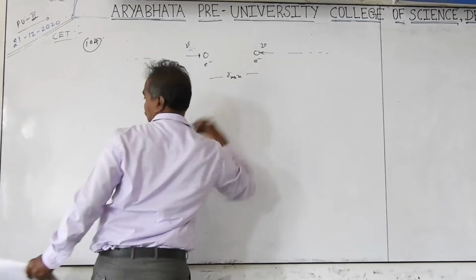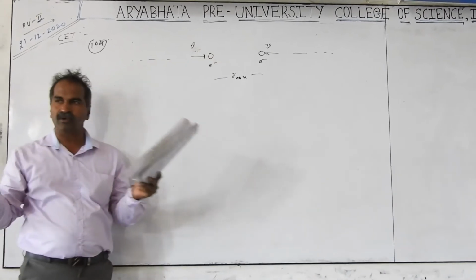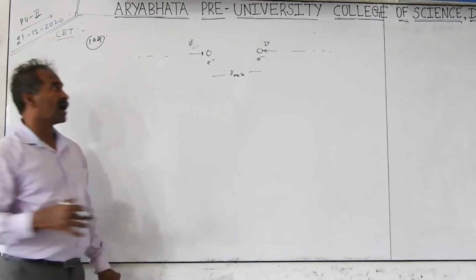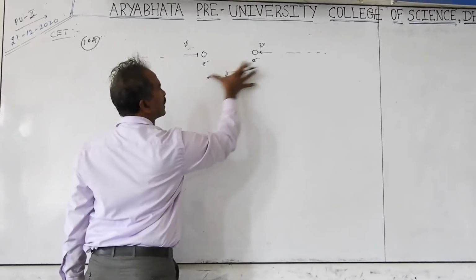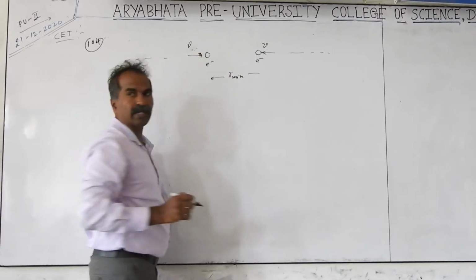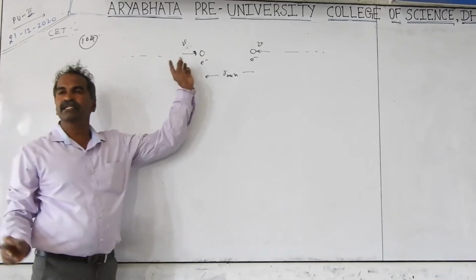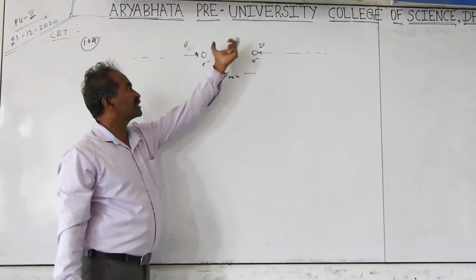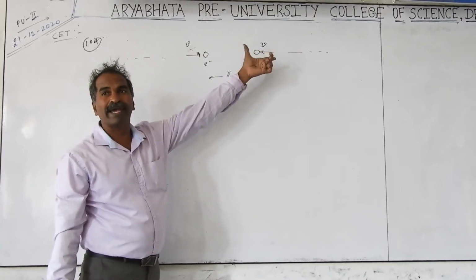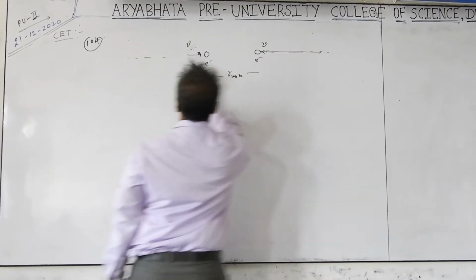They are coming with large kinetic energy, with high speed both, but they come closest, and repulsion will be there. After that they stop and then go backward. When they stop at this distance equal to R minimum, afterwards they go backwards. But the total kinetic energy is supposed to be equal to the potential energy. The changing kinetic energy is nothing but equal to the changing potential energy. At this point when they stop, velocity becomes equal to 0. Just before stopping, you have the maximum velocity, or the velocity that is given. So changing kinetic energy is equal to potential energy.